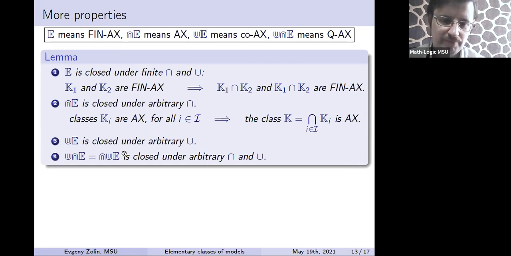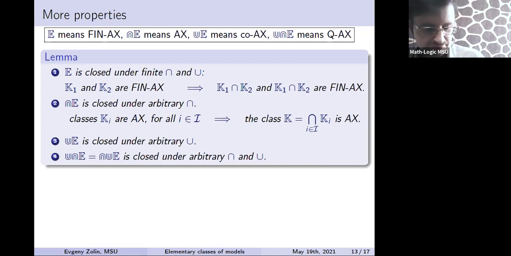If you succeeded to build some class K using intersection of unions of intersections of unions and so on of some finitely axiomatizable classes, then by distributivity you can rewrite this representation, simply like in the disjunctive normal form, DNF, like a union of intersections of some starting classes. And similarly, you can